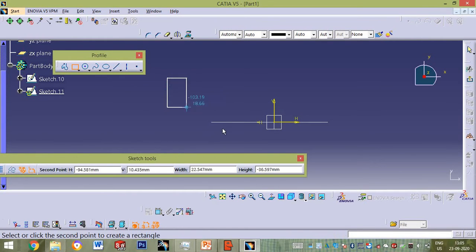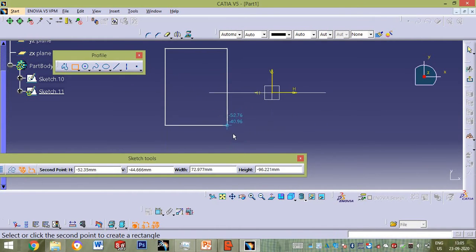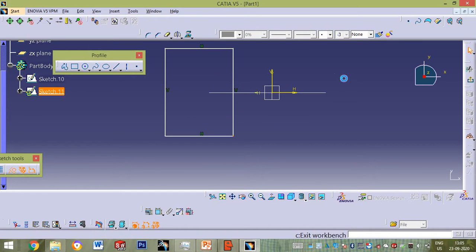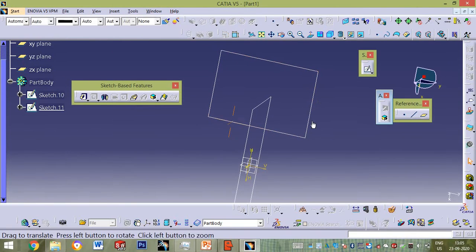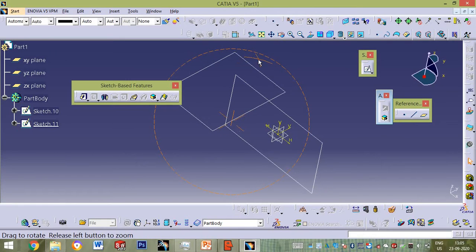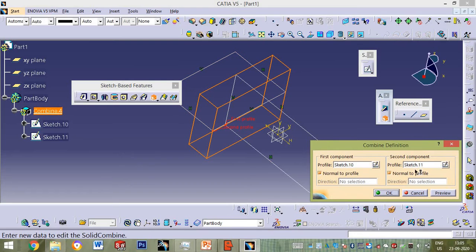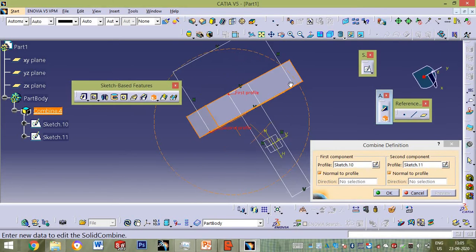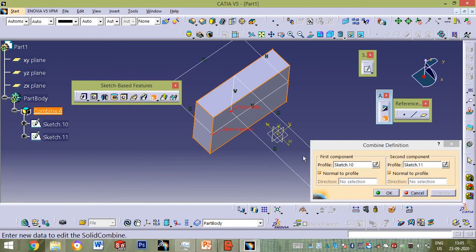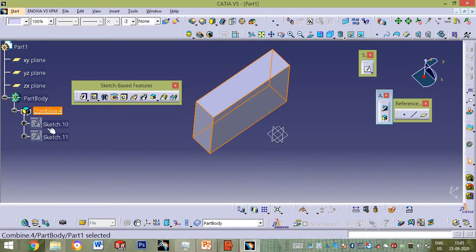This is the other rectangle, but you should know that there should be an intersection between the two profiles. Now we will go for solid combine with profile 1 and profile 2. You will get a box like this, which is a combination of these two geometries.